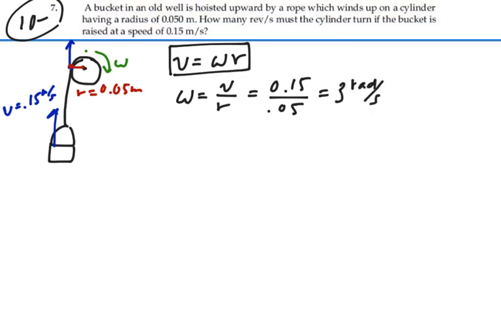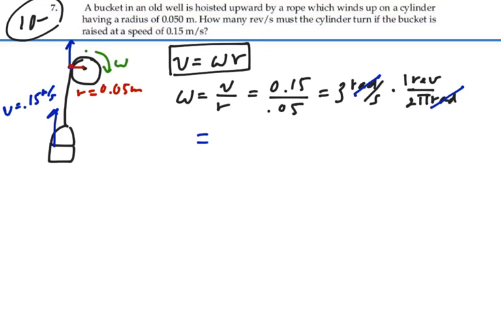second. That's the angular velocity, but we want it in revolutions per second. So we're going to convert, knowing that there's 1 revolution for every 2 pi radians. So that is going to get rid of the radians, and that will give us revolutions per second. So 3 divided by 2 pi